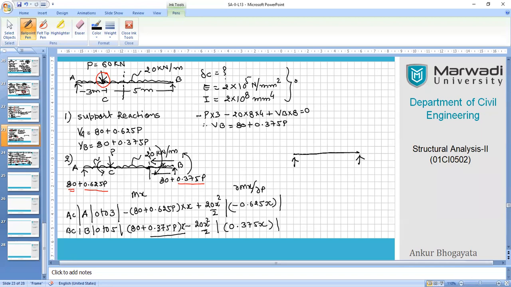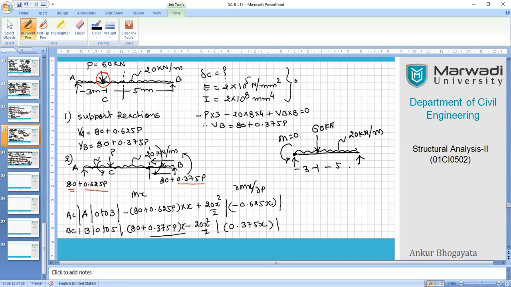Let me apply force like this, I mean UDL, and then we have a point load here. Suppose I want the value of theta A, so I will be applying a positive, fictitious moment, M equals 0 value at point A. And in this case, please be aware that I will be writing this as 60 kilonewton. I'll be writing here 20 kilonewton as per the given values, and here will be 3 meters, here will be 5 meters, right?